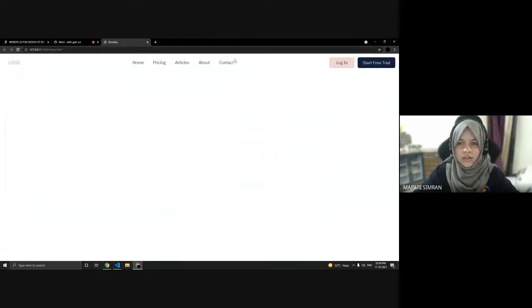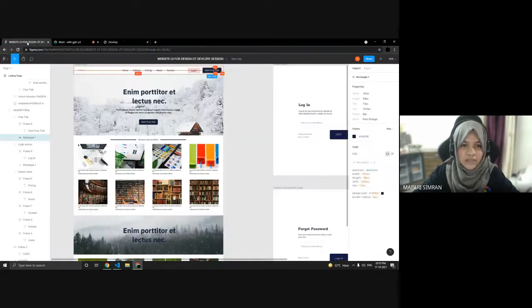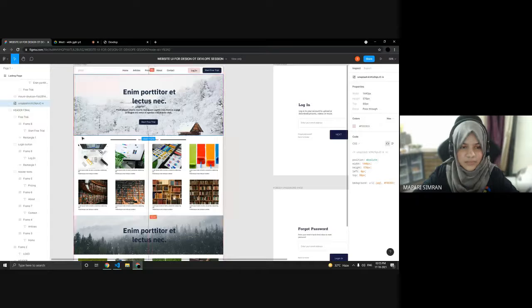So we have done with this nav bar. It was having a nav section, and inside this we were having these divs, and with the help of Flex we were able to make this kind of design. Now we have this section, and let's check the width.